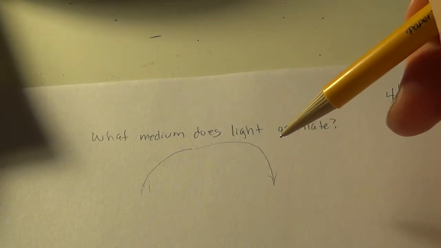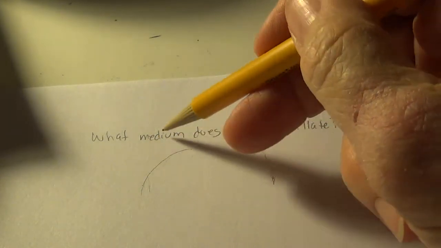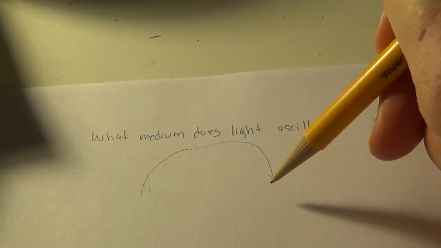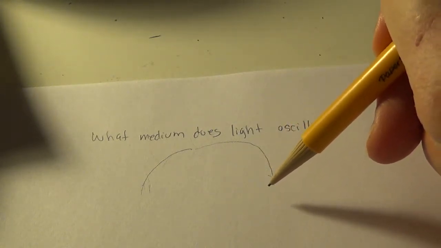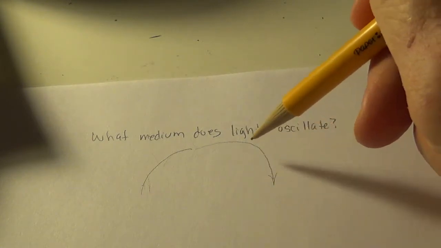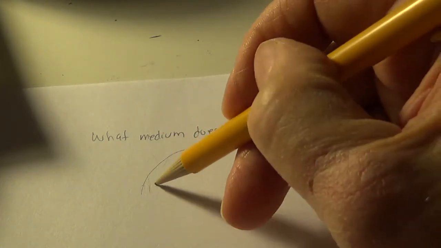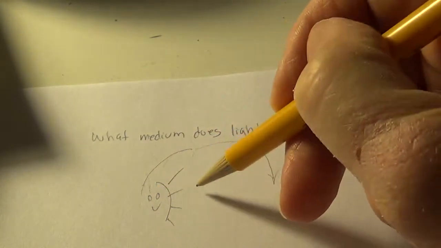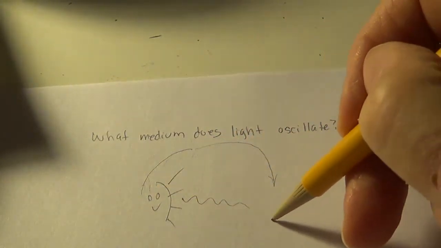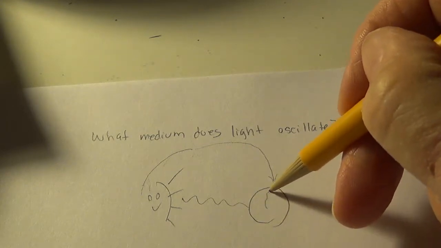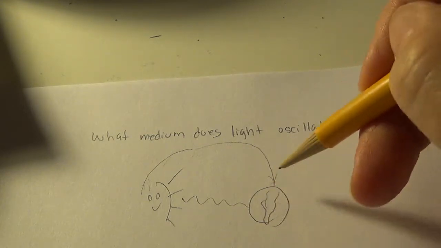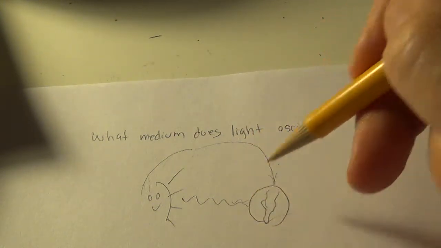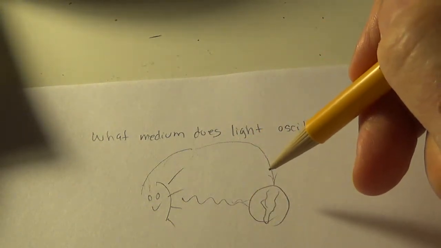All right, imagine a big stadium. What is the medium that creates the wave? It is arms. So what does light move, especially when we're thinking about the sun and the light coming from the sun to planet Earth? All right, planet Earth, and here comes the light, and we are wondering what it oscillates.